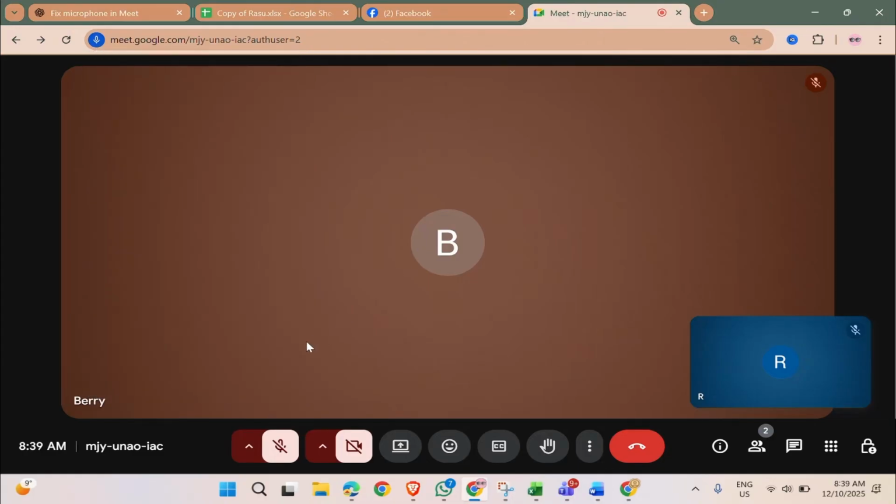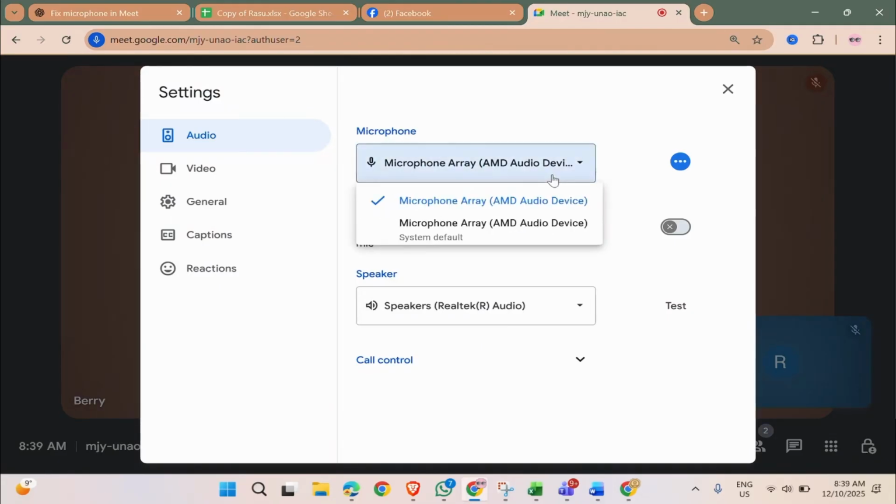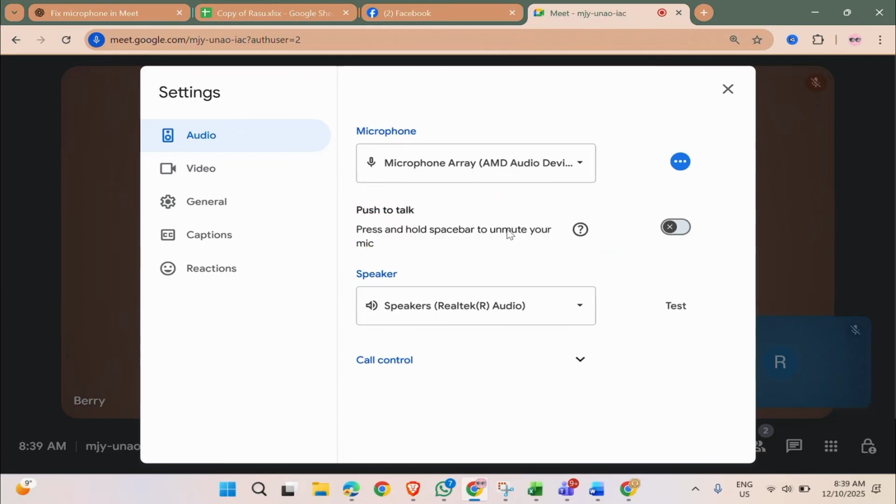And then finally, go to the arrow to change the audio settings. So go to the gear icon and then make sure the correct microphone is set. You can change it to system default, and then you also need to check if there is your microphone working